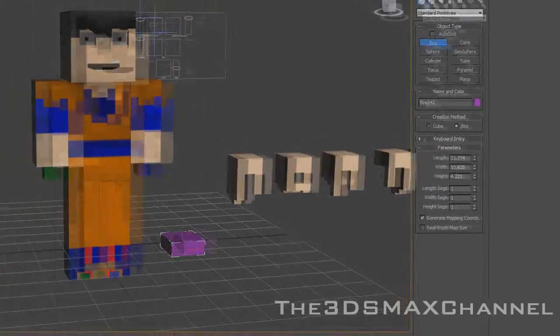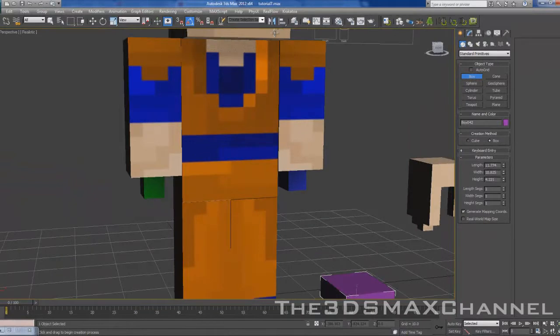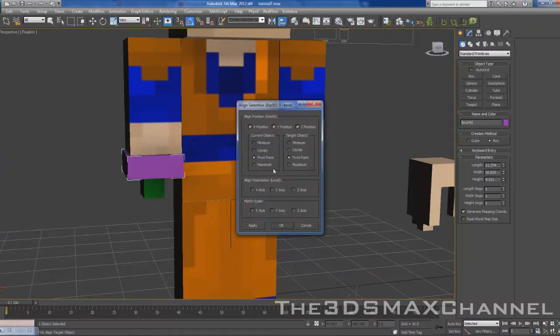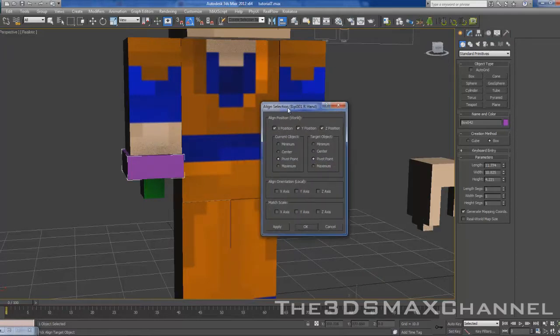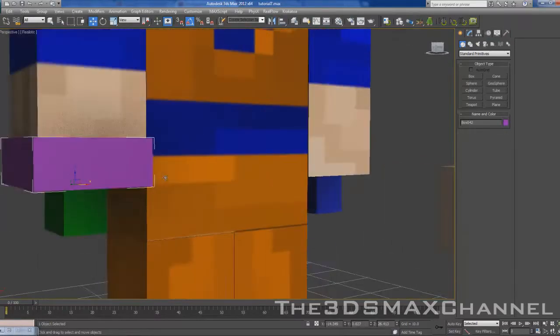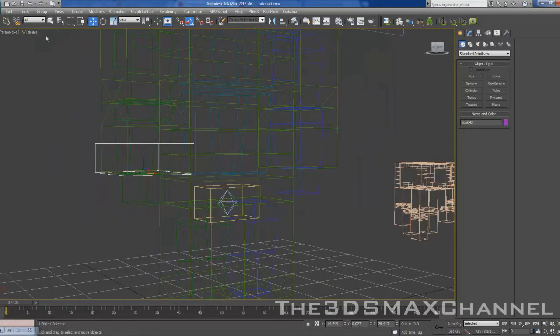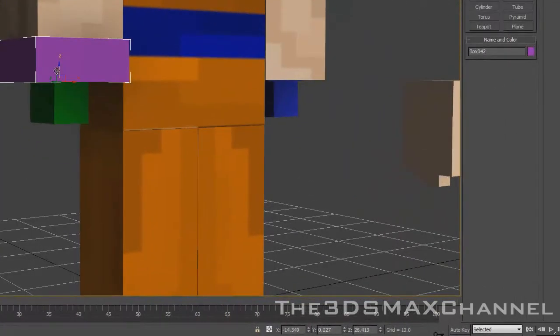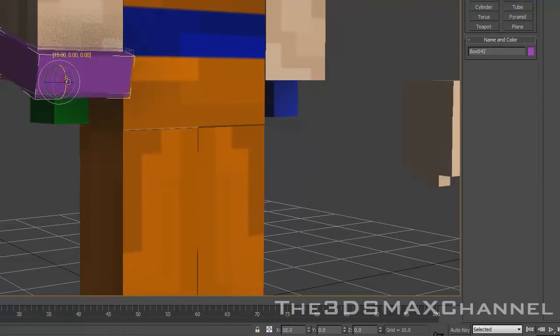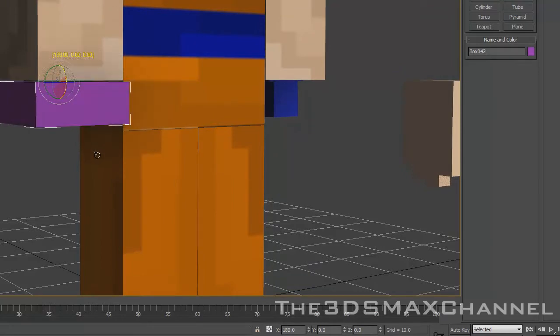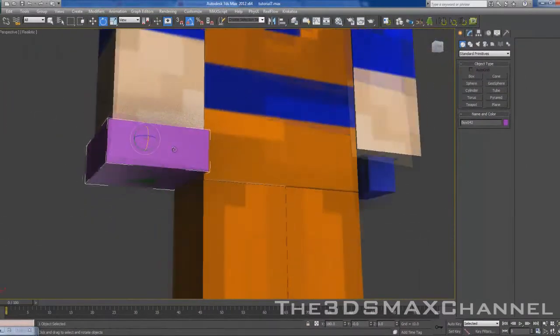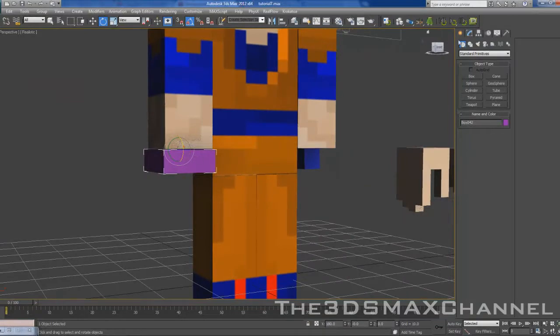And using the align tool at the top, we're going to click on the right arm hand bit so that it is centered there, and we're going to rotate it, so make sure you have angle snap toggle on and go 180 degrees, and then